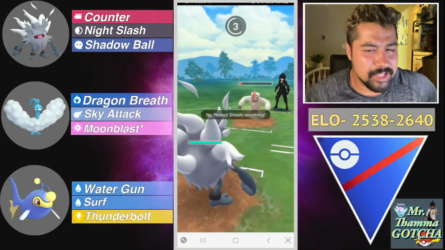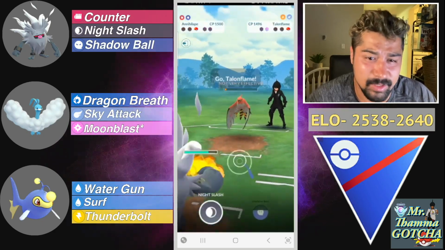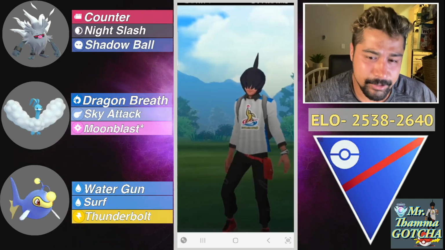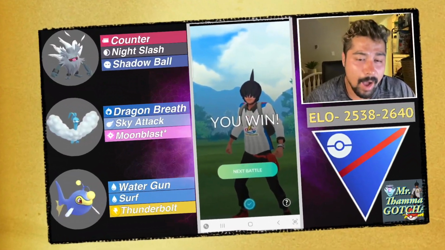So everything's going to be resisted by the Vigoroth, so no need to shield. Even if we had one, doesn't really matter anyways. 2 counters are going to be able to knock out the Talonflame, and that's going to be a good game. Well played by my opponent there. So hopping into the next matchup,